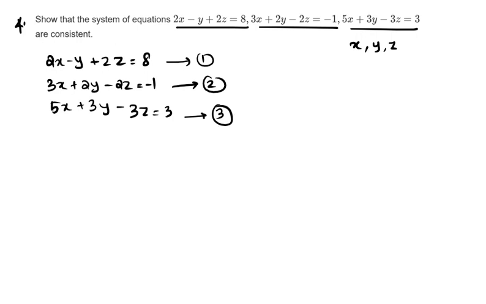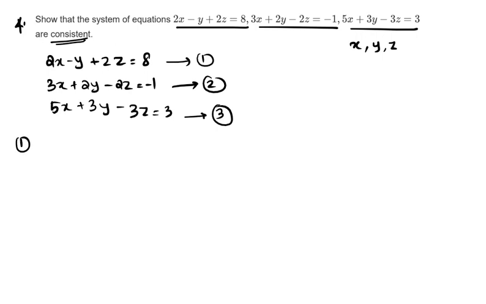The question clearly says show that it is consistent. That means we will have the values for x, y, z. So we have to find the answers. For these kinds of questions, you have to use the equations very carefully. Suppose you get a minus or plus wrong, the whole problem will be wrong. Okay. Now,